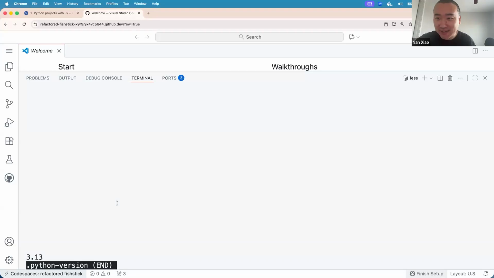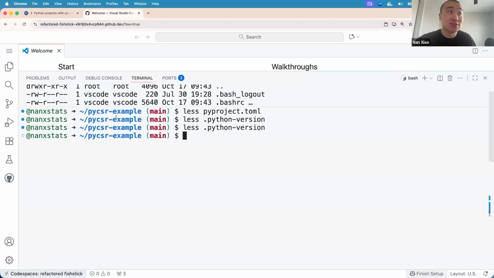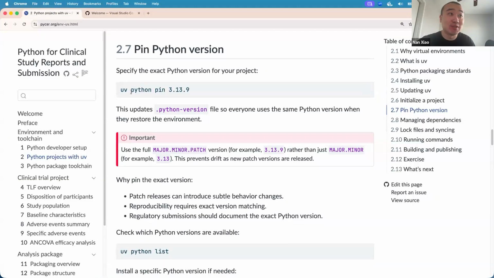3.13.1 to 3.13.9 will be used whenever a newer Python version is released, right? So that could potentially break things for you, although unlikely, right? Unless you use some very, very deep Python related features, right? So that's a kind of interesting point.